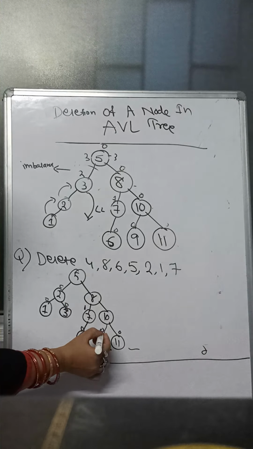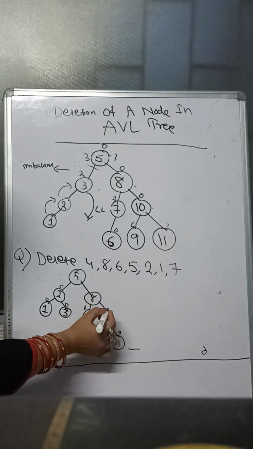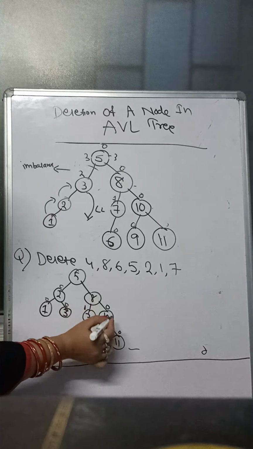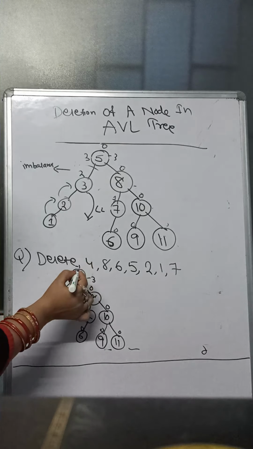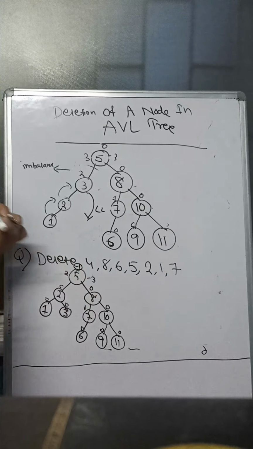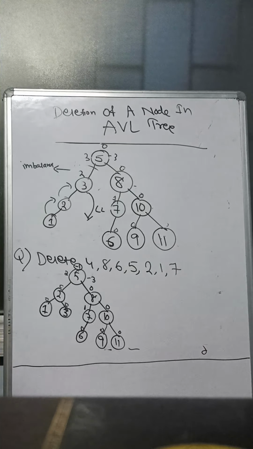Okay, 0, 0, 0, 1, 0, minus 1, 0, 0, 1, 2, 0, minus 1, minus 2, 0, then 0, then 1, then 2. Okay, take this 2, 0, minus 1, minus 2, minus 3. So difference is minus 1. So if the tree's balance factor is minus 1, then tree is balanced. Okay, then I have to understand up to this.